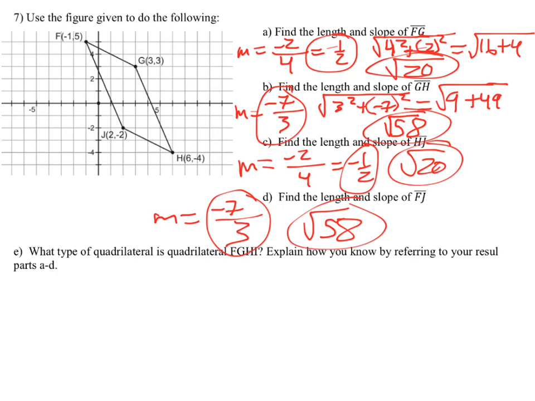Okay, and it's looking like these slopes are not opposite reciprocals, so it's not a rectangle or a square. And the sides are not the same length, so it's not a rhombus, which leaves it as a parallelogram. So we're going to say parallelogram